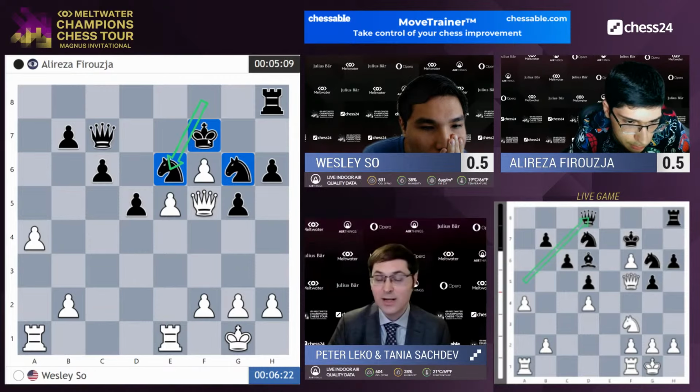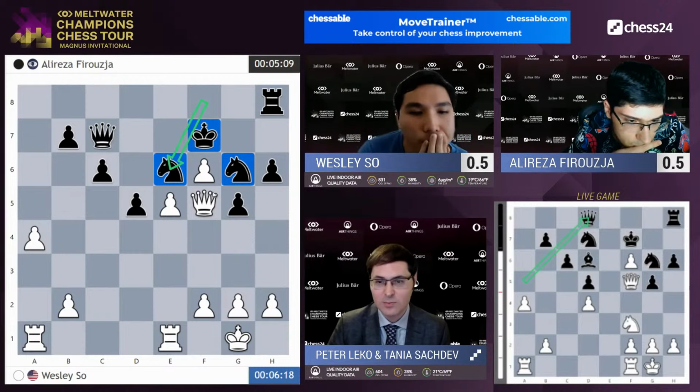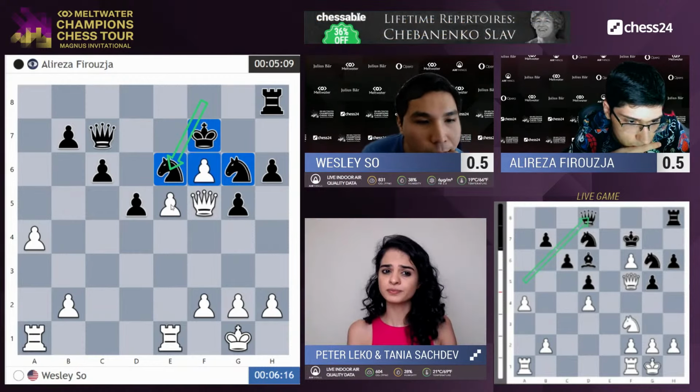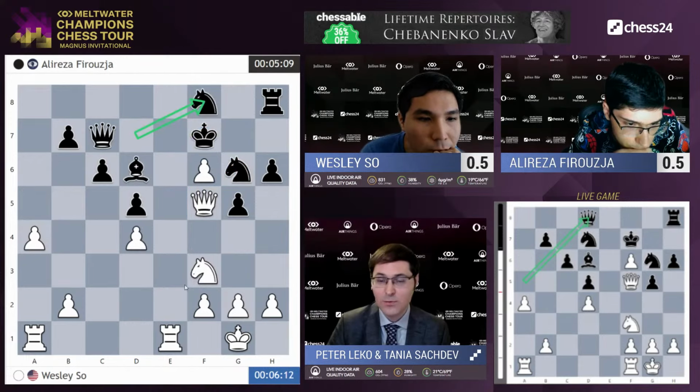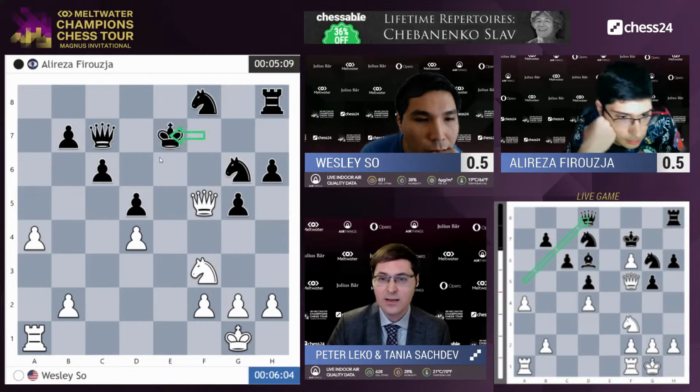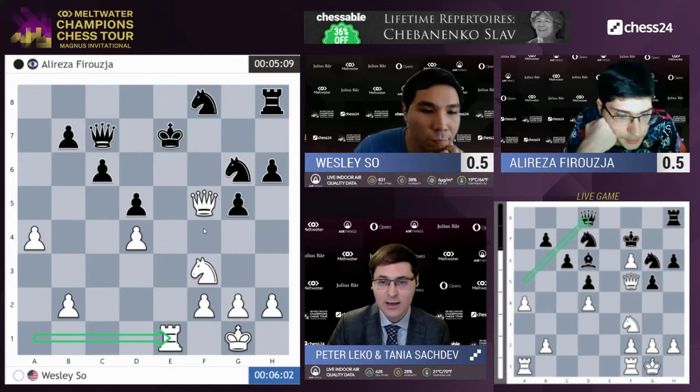Yeah, it was a brilliant defense. I mean, actually, maybe black is just clearly better in this position because really now the pawns are wonderful shelters. That's why also the move rook e7 came to my mind, that I have to play probably rook e7. And it all comes down to these sharp lines like takes, king takes e7, rook e1 check, because after king